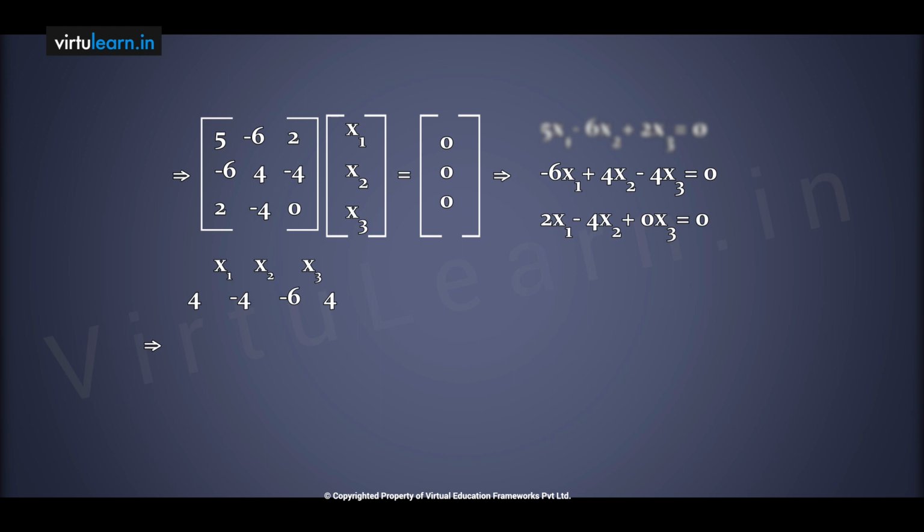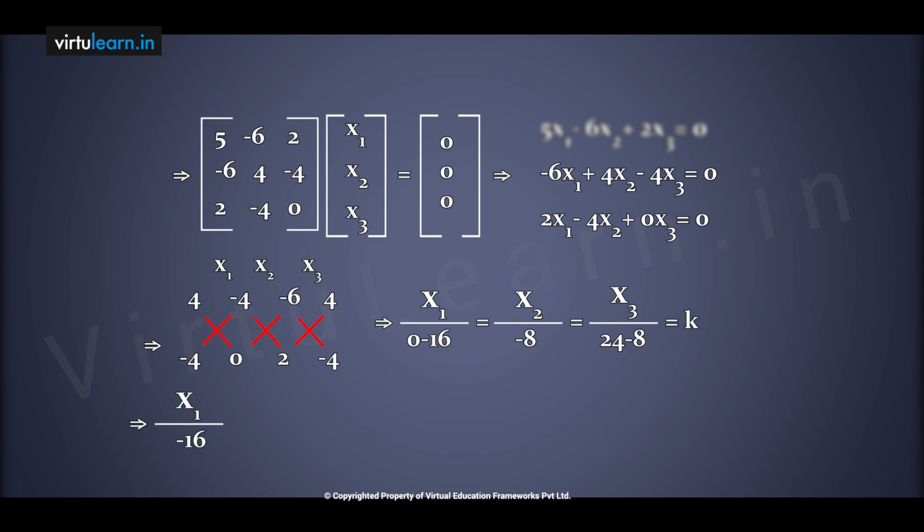From the third equation, what is the coefficient of x2 here? Minus 4. Next, the coefficient of x3 is 0. Coefficient of x1 is 2. The last term once again is minus 4. Now, determinant of the first 4 elements: 4 into 0 is 0, minus 4 into minus 4 is minus 16, means plus 16, 0 minus 16. That equals x2 by minus 4 into 2, minus 8, 0 into minus 6 is 0, x3 by 24, 6 into minus 4, 24, minus 8, equals k.